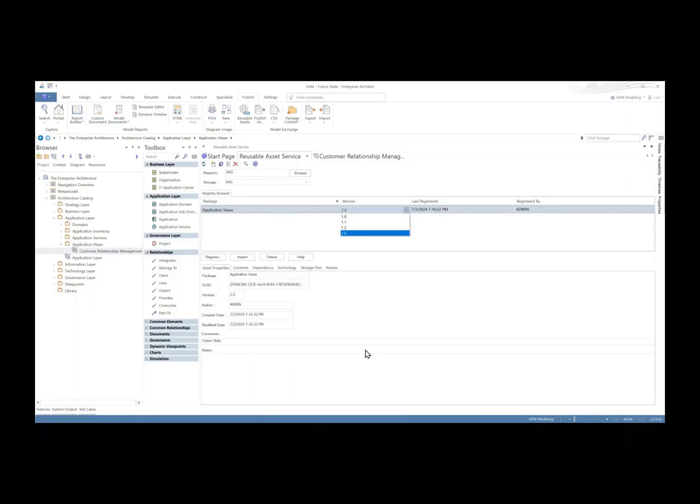So I've got copies of it. It doesn't have to be a full replica. It can be just the part of the repository which you would like to publish as a branch. So that is quite sophisticated. It's not like you need to copy the entire repository into another copy. You can just publish part of your EA repository as a new version. However, the key here is the RAS being the glue between these different versions. And you could see that I've got